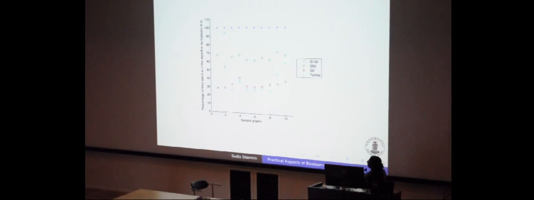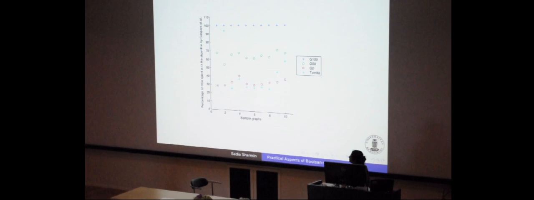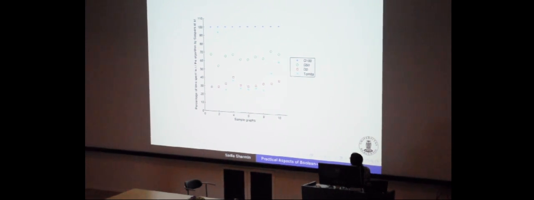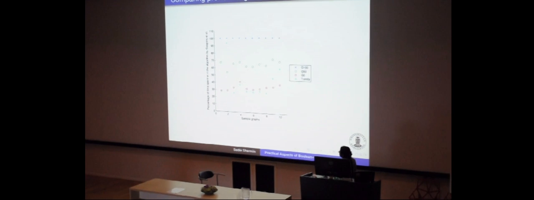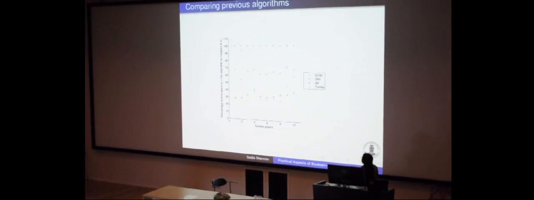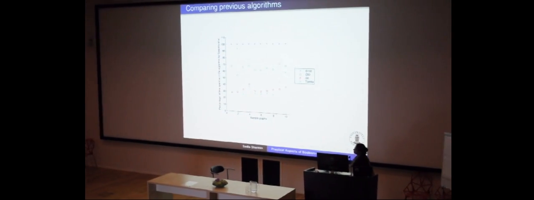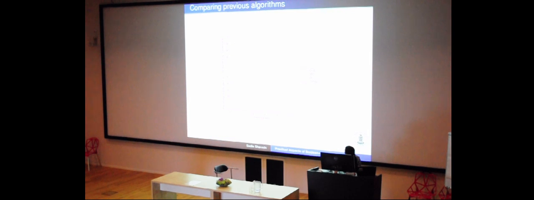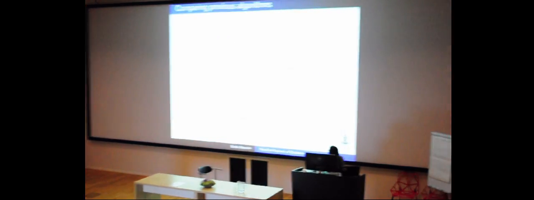So first we compare the algorithm of Tomita and Gaspers' algorithm. And for Gaspers' algorithm, we try different variations. So G100 is using the reduction rules at each call, and G50 is using the reduction rules in 50% of calls, and G0 is not using the reduction rules, it's only the recursive backtracking. And now we also have the algorithm by Tomita, which is